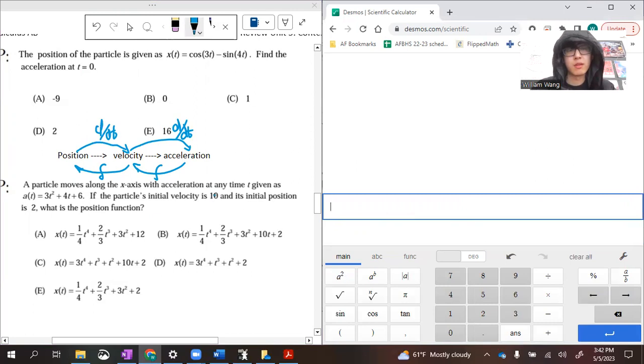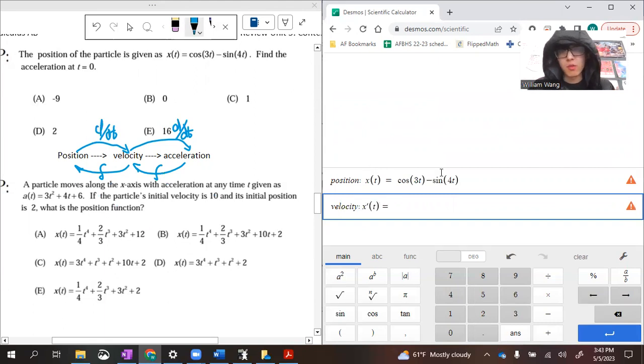Let's figure out what this is asking for here. First question, the position of a particle is given as that function. So position, this x of t function, is equal to cosine of 3t minus sine of 4t. Find the acceleration at t equals 0. So I just need to do how many derivatives? Position to velocity to acceleration, that's 2 derivatives. So let's find first my velocity,